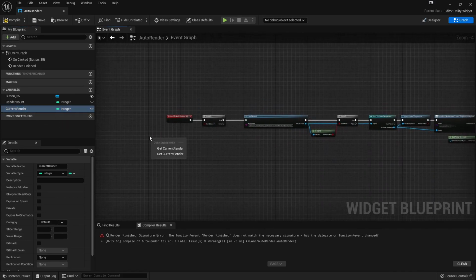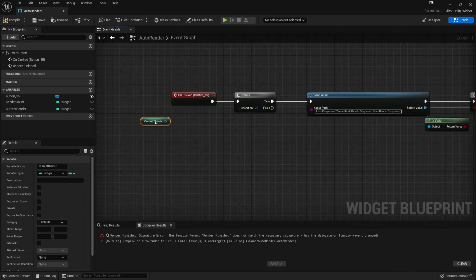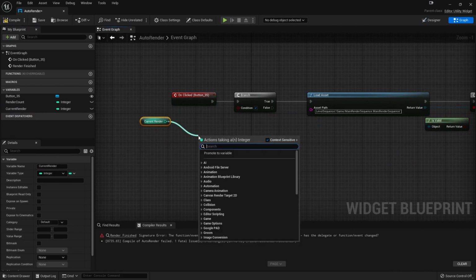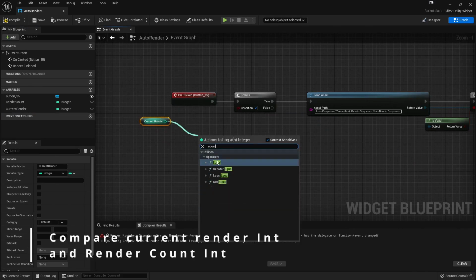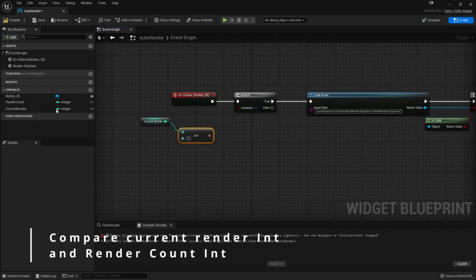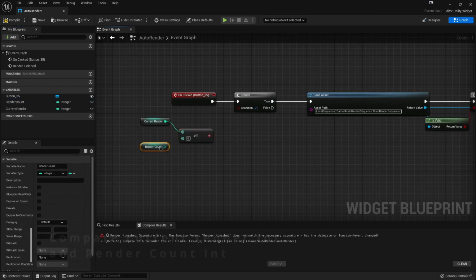Maybe we can do the logic in here. If the current render is greater or equal to render count, we're gonna stop rendering. If this is true, we are not rendering. If it's false, we are rendering. Maybe you want to flip this so it's on true, but yeah,